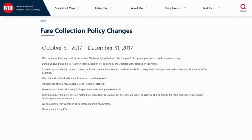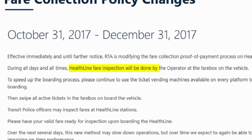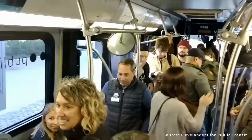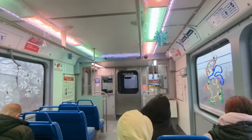However, the RTA responded by eliminating proof of payment. Instead, the RTA began requiring HealthLine riders to validate fares at the front of the bus. This change began to severely slow down buses, as the vehicle would wait at a stop while a line of riders validated their fares. This is all despite the fact that the RTA still used proof of payment on the